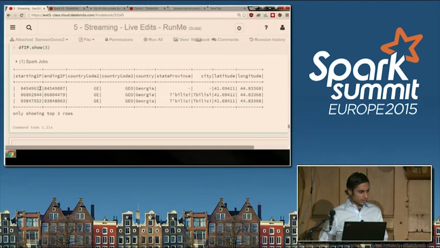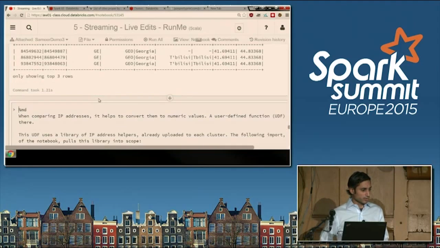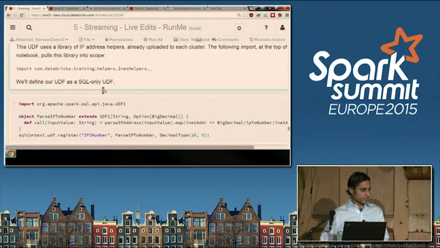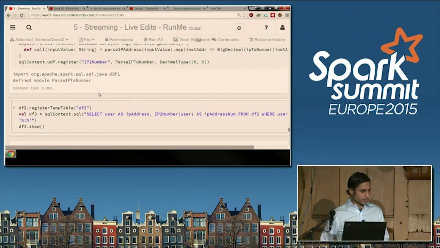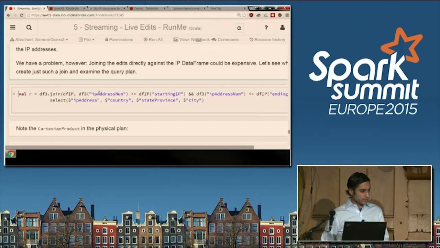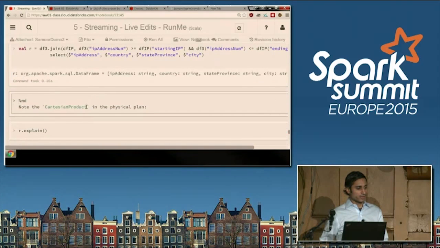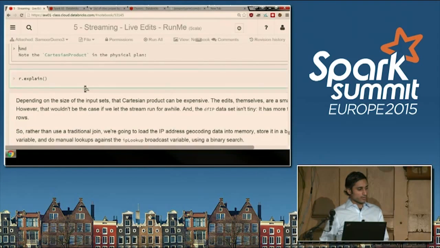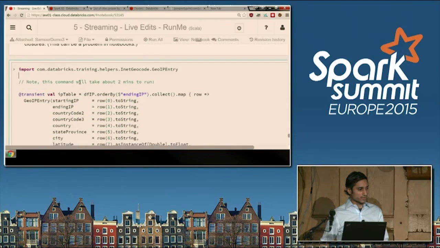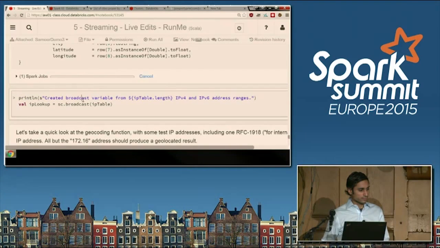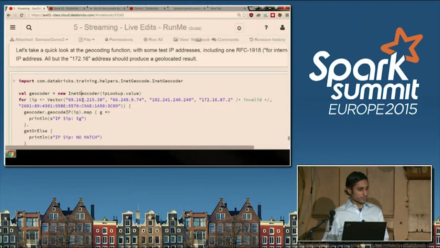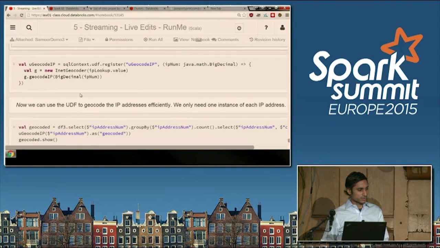Okay, so I have this table that shows, from a starting IP to an ending IP, which country the edit is coming from. I'll leave it to you to go through this more slowly when you have more time. But I just want to get to the visualization. What we're doing is joining that geocode table. We're broadcasting it out to the executors. I don't need to run the explain. This is the broadcast of the smaller table, and then we're going to try to visualize